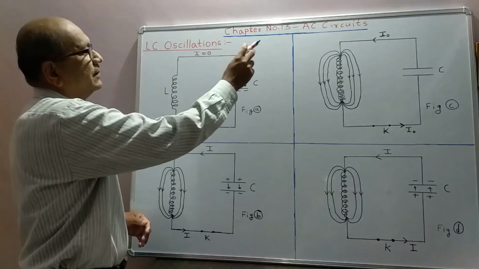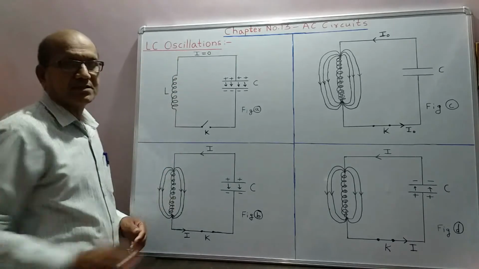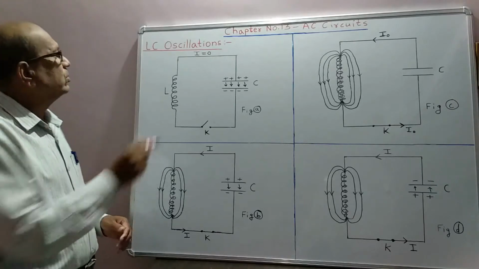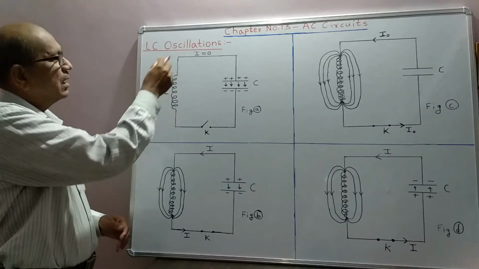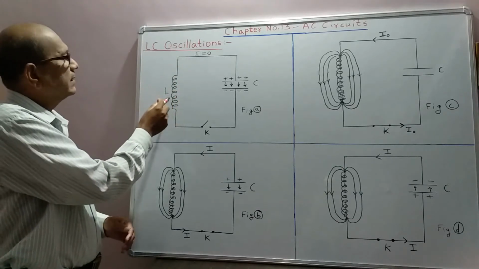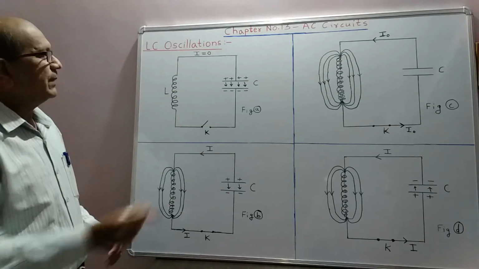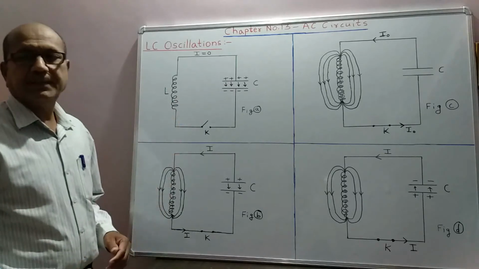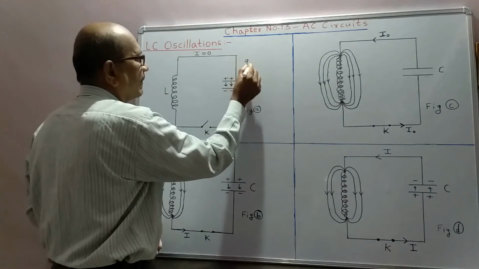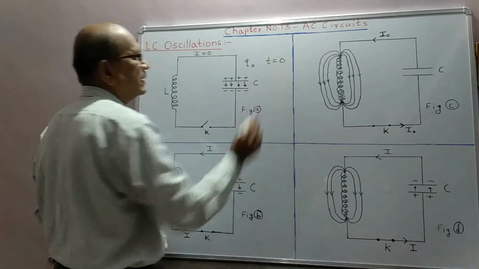Chapter number 13, AC Circuits. Topic: LC Oscillations. Here we have to learn how the LC oscillations are produced in a circuit containing an inductor and a capacitor. Let a capacitor of capacity C with initial charge Q0 at time t equal to 0 seconds